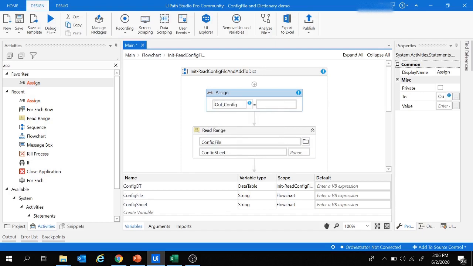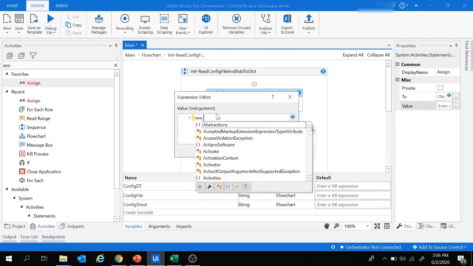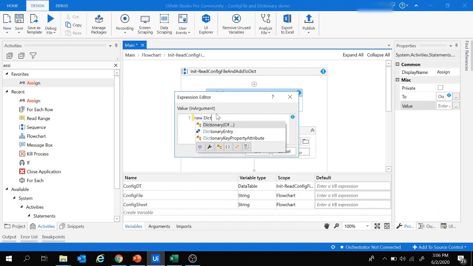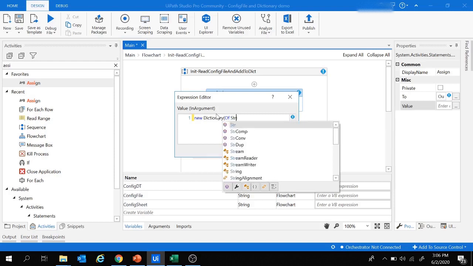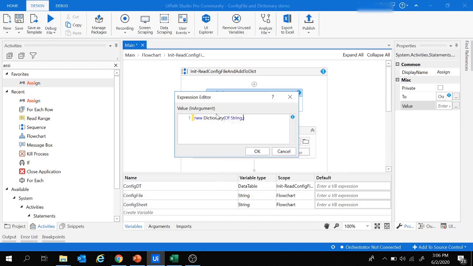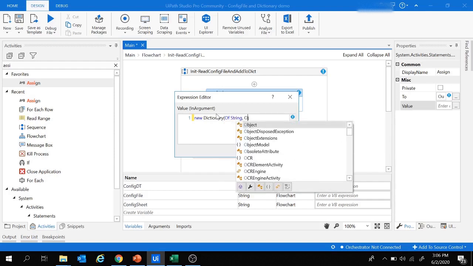And here I'm going to write in the expression, let's open this one, and write new dictionary of, and here we need to provide the type of key and the value which we selected. For the key I have selected string, and for the value I have selected the type as object.